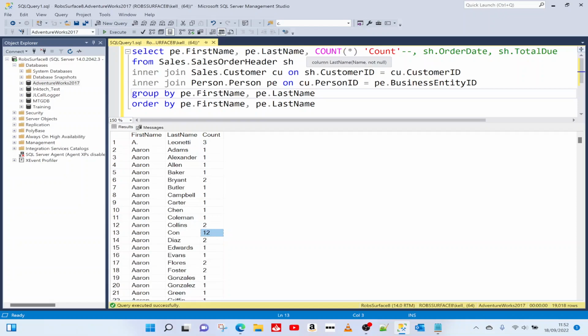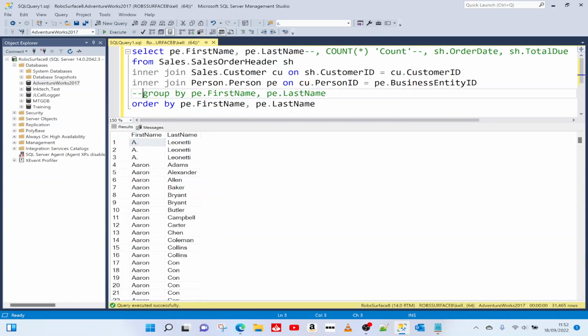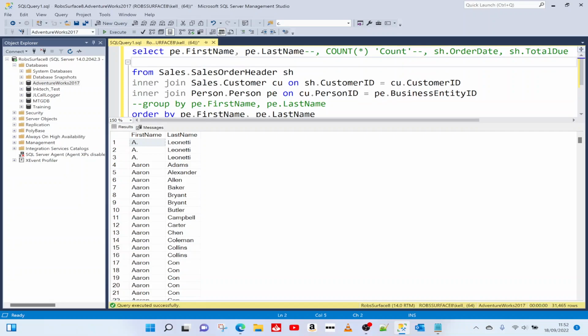I want to know the total for each of the customers, total order value. So, in fact, no, total due value. So I'll get rid of this. Let's just go back, and I need to get rid of the group by. Let us now just put a new line in here, and we're going to use something called sum. And what sum does is it expects a numeric value here, and it adds them all up. So we've got this column called sh.total due,